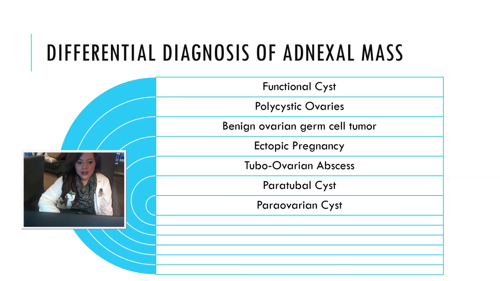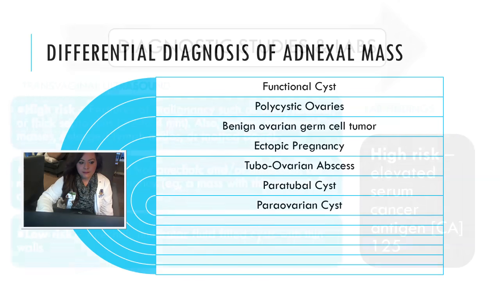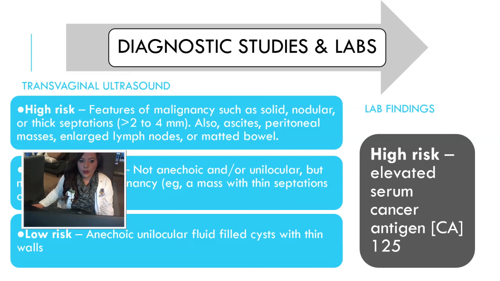Of note, an adnexal mass is more likely to be benign compared to malignant, so all the differentials above should be explored. To differentiate between benign adnexal masses and ovarian cancer, transvaginal ultrasound is needed. The masses that are cysts or abscesses will show fluid and no solid material on the transvaginal ultrasound. Now let's go to the next slide to see details on typical findings on the transvaginal ultrasound that are suggestive of ovarian cancer.